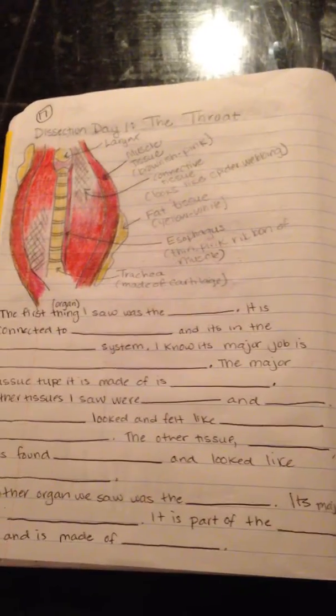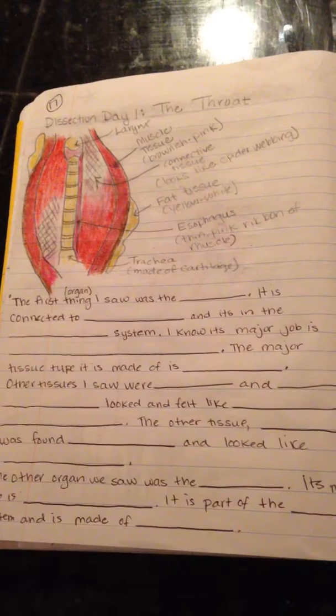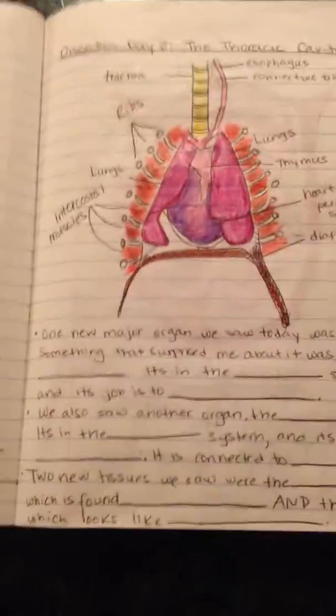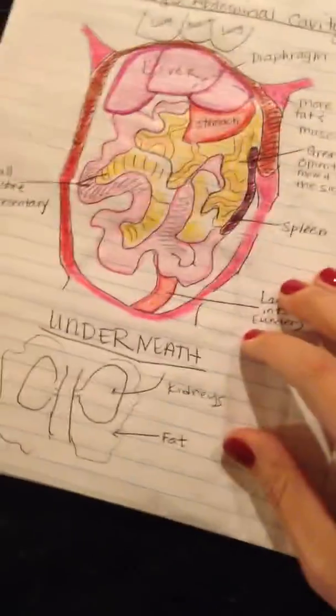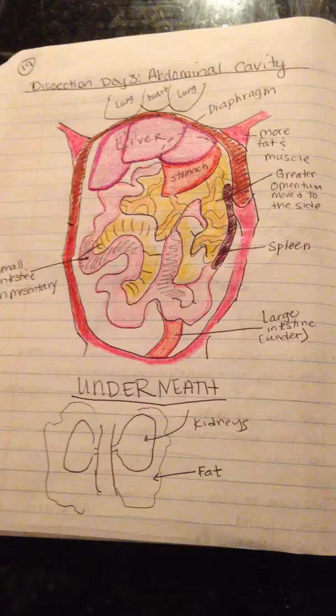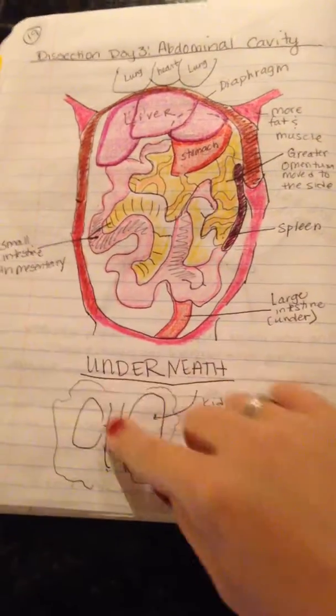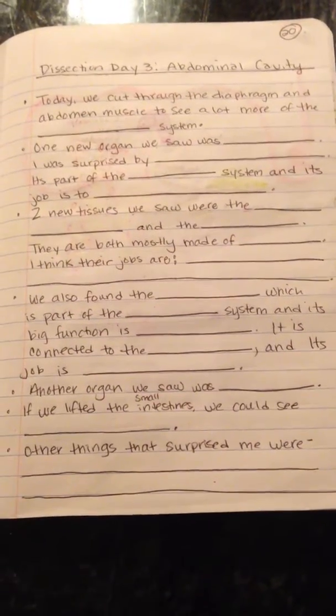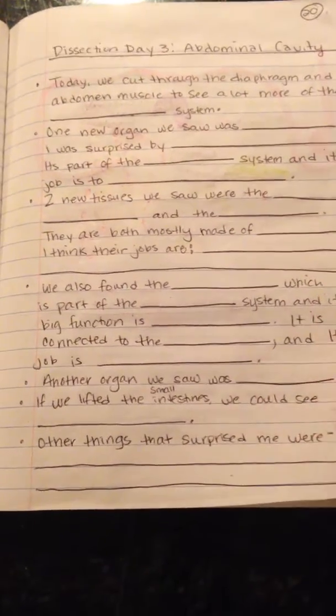This was checked already, but you should have your throat diagram and explanation, the thoracic cavity diagram and your explanation of the structures and functions. You should also have the abdominal cavity. Again, I have a little bit of the urinary beneath, but if you didn't see that day, you might not have that. And then since there's so much more there, you should have your descriptions of the structures and functions